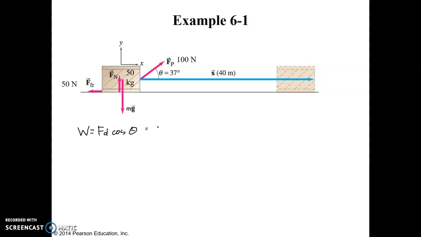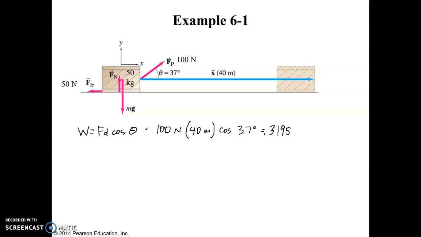So our force being applied is 100 newtons. The distance traveled is 40 meters, and the angle between the line of action of the force and the motion is 37 degrees. If we take 100 times 40 times cosine of 37, it actually gives us